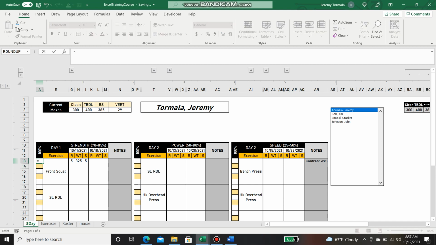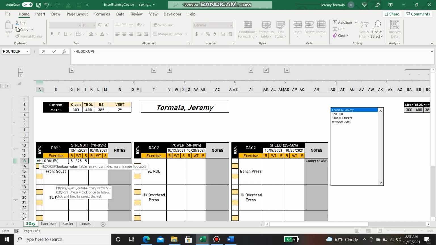So we're going to do a horizontal lookup. So equals HLOOKUP. I want to look up the exercise in here. I don't have to worry about assigning to this because the name's going to change the stuff over here. As long as this stuff's working, I'm just going to pull up the values over here because it's already going to be specific to the athlete. So I'm going to look up